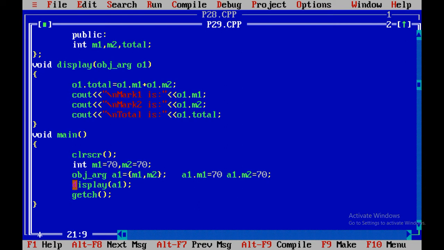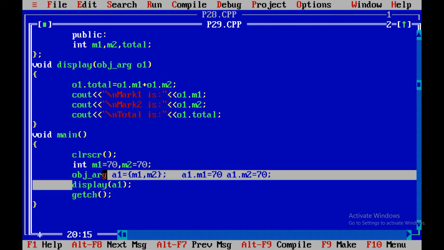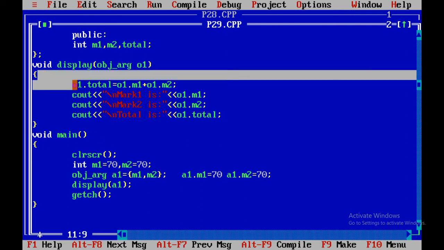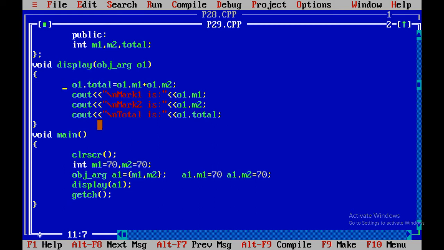And remember one thing, display is not a part of the class, that's why I have called this function directly. Now when I call this display function, the focus goes inside the display function. Now I have passed object a1, over here it is caught using o1.